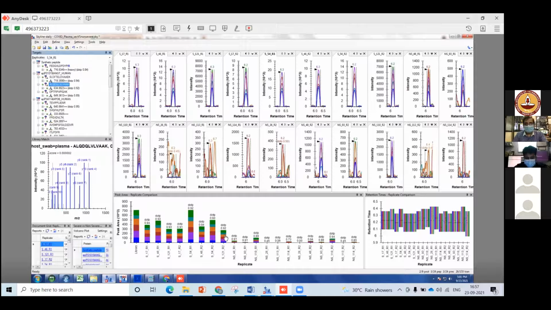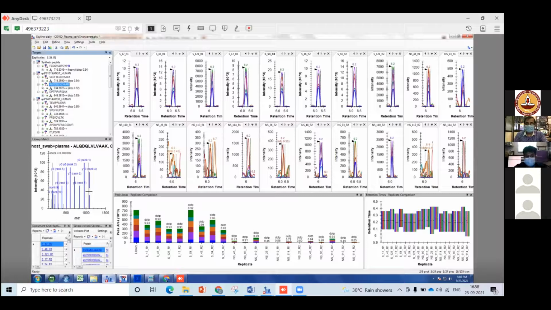And if you look down, you will see that in all the severe patients we are getting very good intensity and identification of this peptide, that is, a proper response of this peptide. And over here, you can see the spectral library that we have generated from the global proteomics data. This helps you understand really well whether the peptides we are getting are the correct peptides or whether a particular peptide is a false discovery.